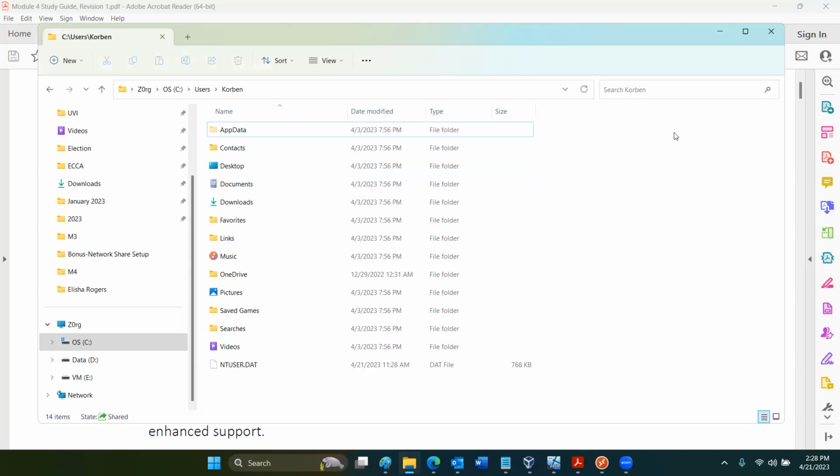Put another way, the user data is stored on the server where it's backed up daily. It's not stored on the desktop. And so you can go to any system anywhere.